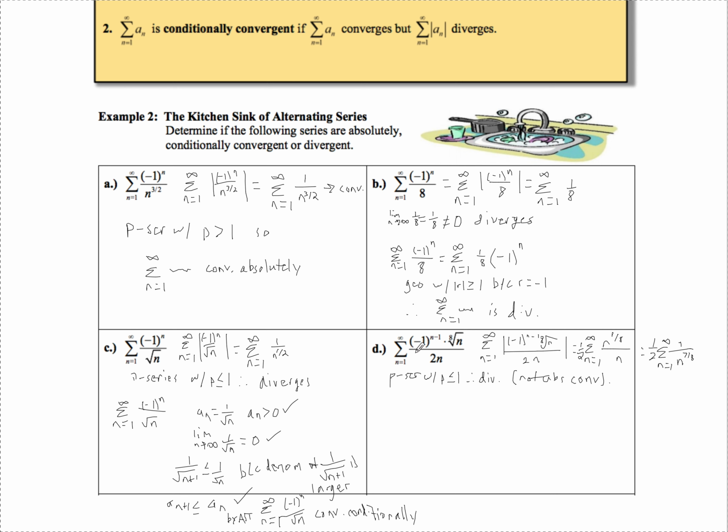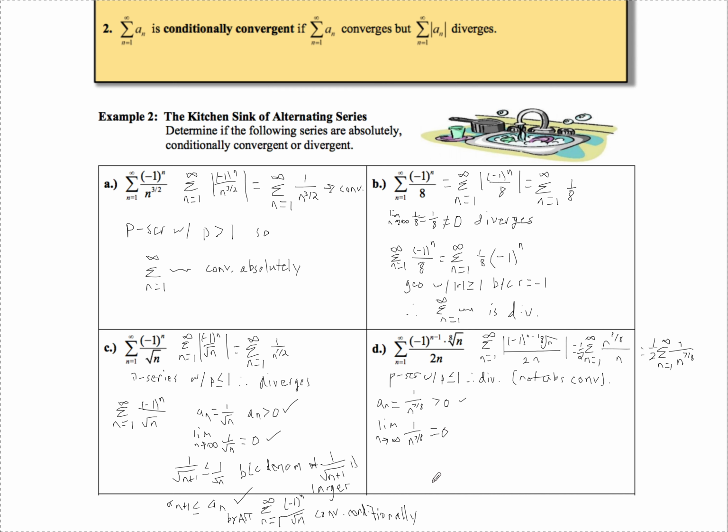So let me check the natural version of the series. We go through all the same processes we did over here. I'll run through those real quick. If you take out the negative sign, our a sub n is 8th root of n over 2n. We can even factor out that 2 like we did over here and just say 8th root of n over n. So our a sub n is 1 over n to the 7/8, which is greater than 0. So that's fine. We can check that limit. The limit as n approaches infinity of 1 over n to the 7/8